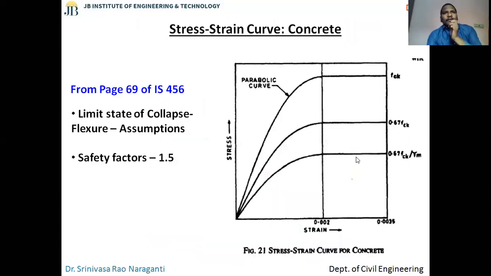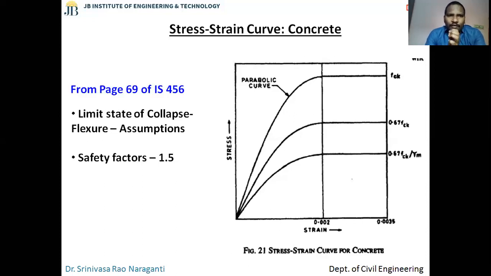Okay. Now, before we get into the design, let's try to understand the materials individually: what the materials are, their stress-strain behavior, and reinforced cement concrete. The moment I say reinforced cement concrete, we are basically talking about two different materials. One is the concrete. Though concrete has different constituents, in our design we consider it as a single material, the main product. Then we have reinforcement, basically steel.